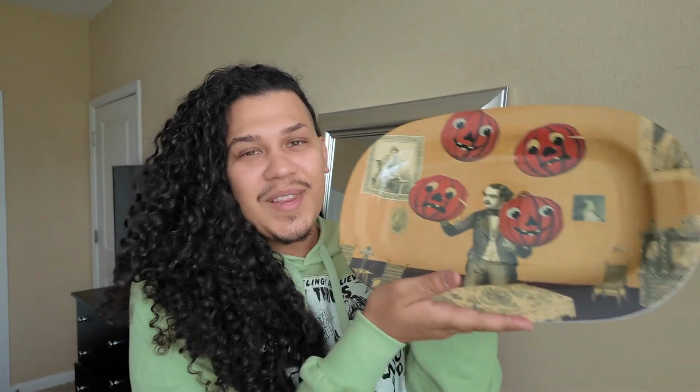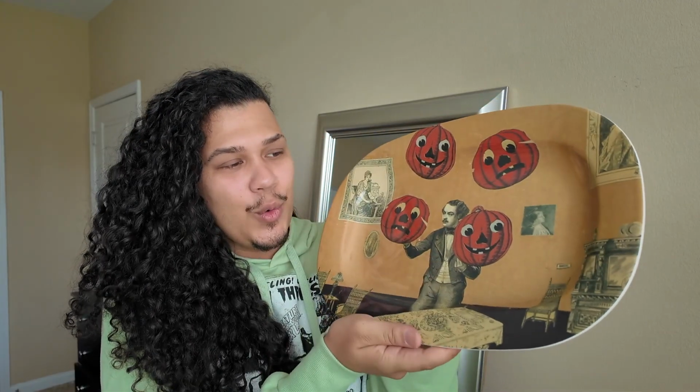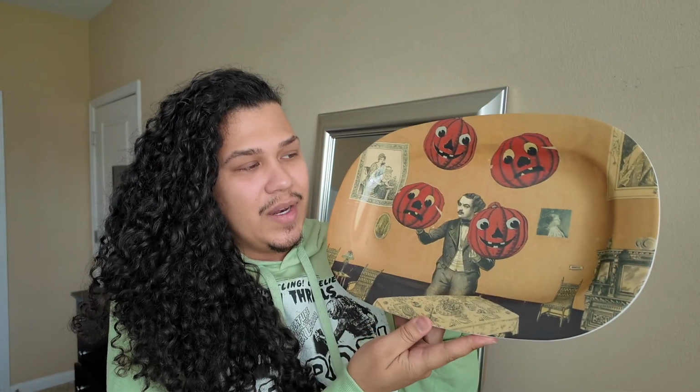So let's go ahead and open this box. I actually got this package the other day and I still haven't opened it. I don't know how my willpower is so strong, because it's been a couple of days. It literally arrived like 2 days after I ordered. It came really fast. Okay, so the first one that I got is the Victorian gentleman that is juggling